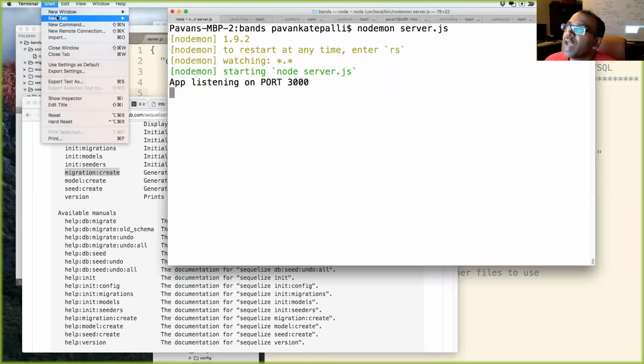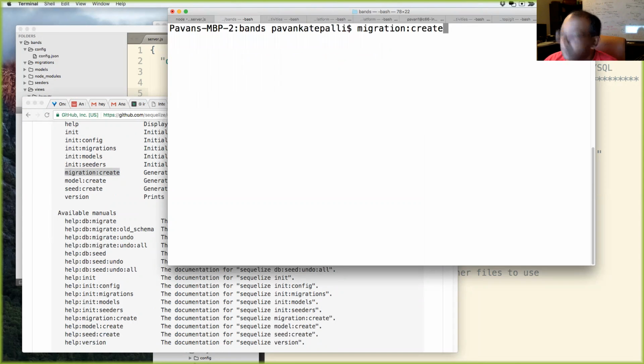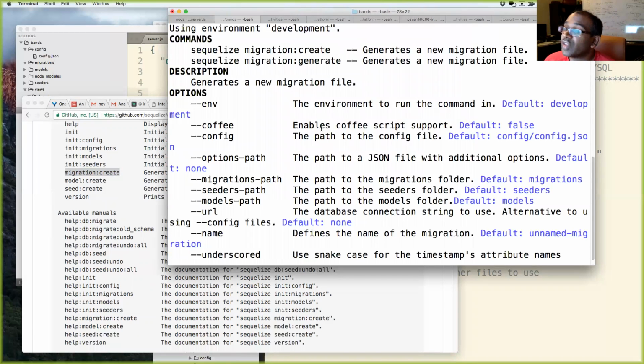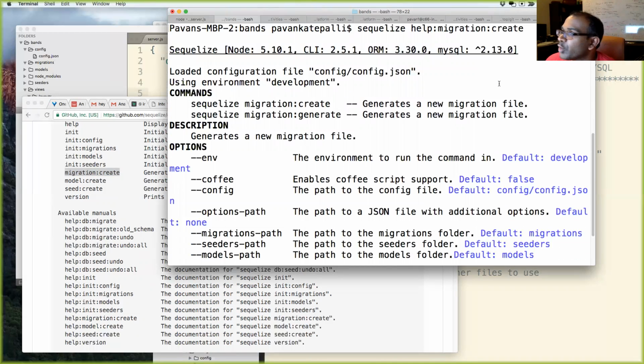So I'll do shell new tab to open up a new tab. So this is the help documentation. You can access it directly from your terminal.